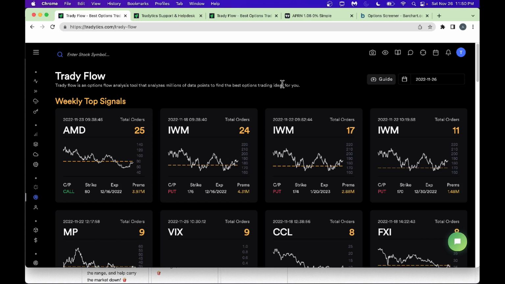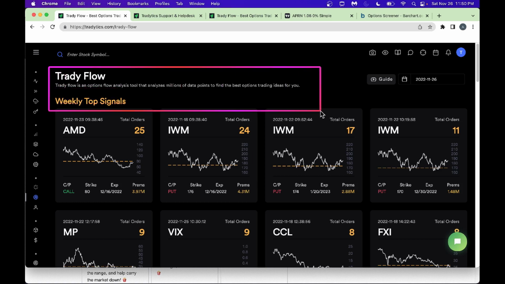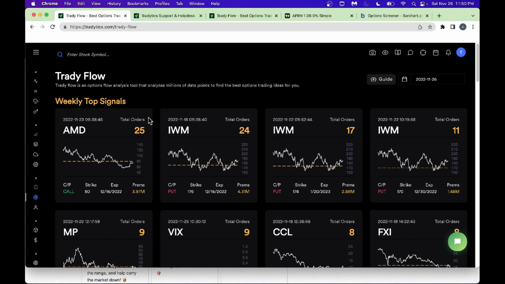Look, what they've done is they've looked at the option live flow for the past 1 week and they came up with weekly signals. So instead of you going through all this option flow, you have an artificial intelligence based tool here. It tells you, hey, you know what, AMD, there are 25 orders in the live flow in the last 1 week. The moment you see a lot of people are trying to buy AMD,